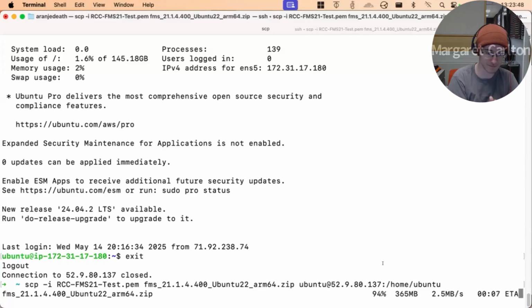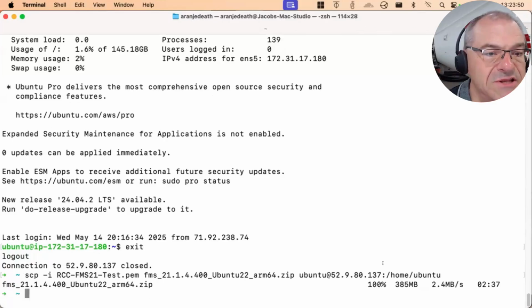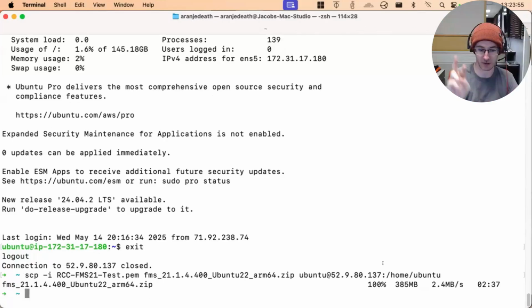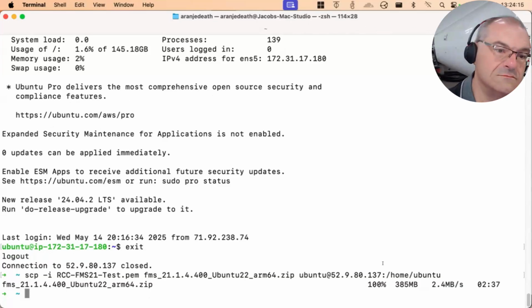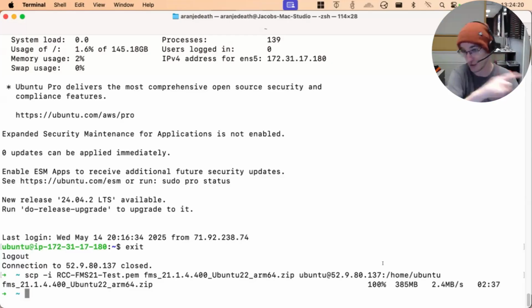David Angel is saying SCP is to copy the file locally to the instance. Yeah, and SCP is cool. You can reverse the last two parts, like arguments. I'm providing my identity information and then a source and a destination. You could go the other way. If I put the remote location first and then a local directory, I could pull a file from up there down here, as long as you have that key. It's source, destination.